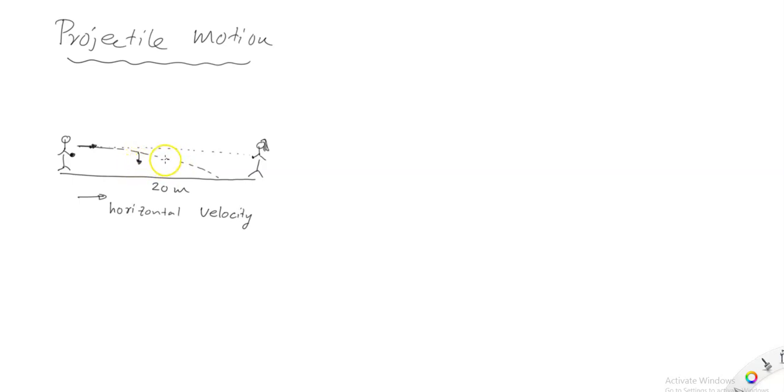So it develops this downward velocity, or the better word is the vertical velocity. At any given point along the path, you have the horizontal velocity which you gave it, and this downward vertical velocity which builds over time because of gravity. So this baseball has a horizontal velocity and it has a vertical velocity as well.